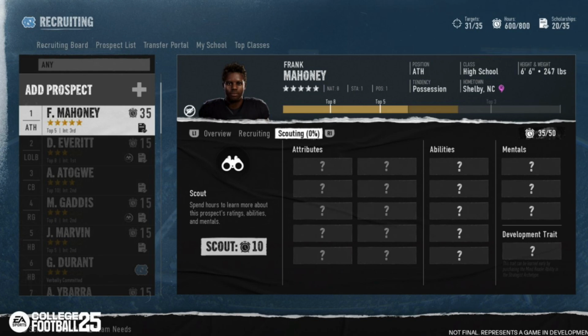Now, doing some simple math, you can see that if you have up to 35 targets and you give them about 10 hours apiece, that would be 350 hours. So for these smaller schools who have less time, it's important in the discovery phase that if a recruit is not interested in what you have to offer, then move on and focus on who has more interest